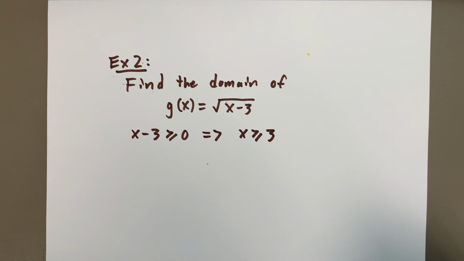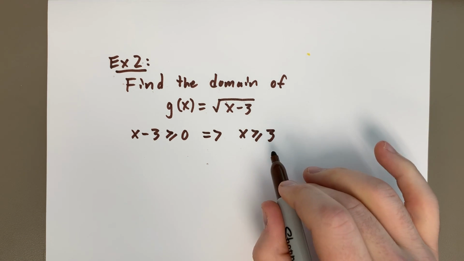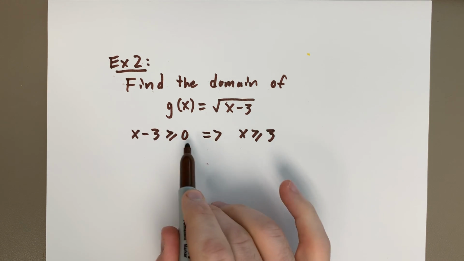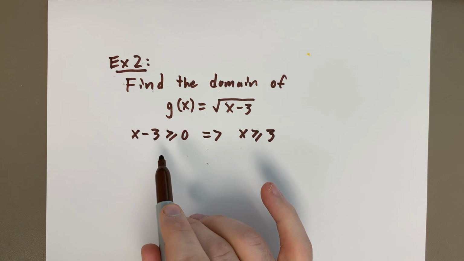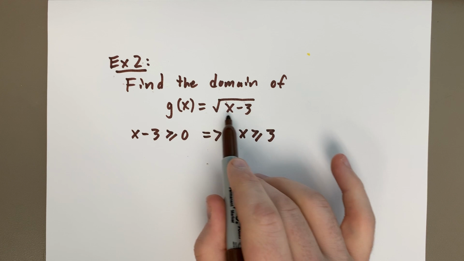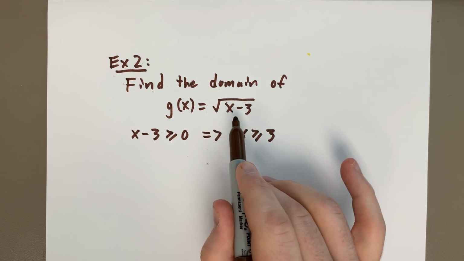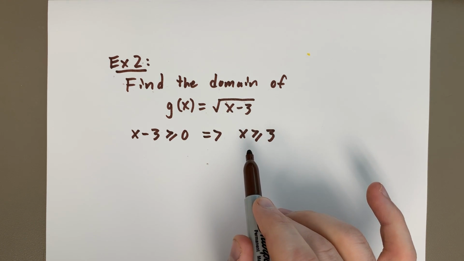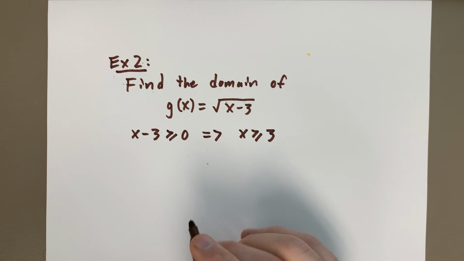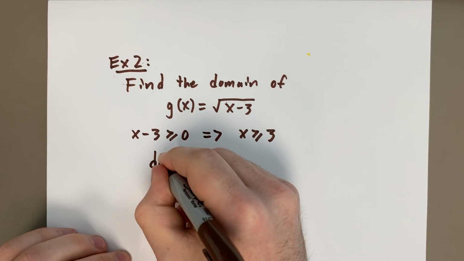Nothing unusual here. So what this tells me is that as long as x is greater than or equal to 3, this inequality is going to be true. And therefore, I'm not going to be plugging in any negative numbers into this as long as x is greater than or equal to 3. Okay, so in which case the domain of g